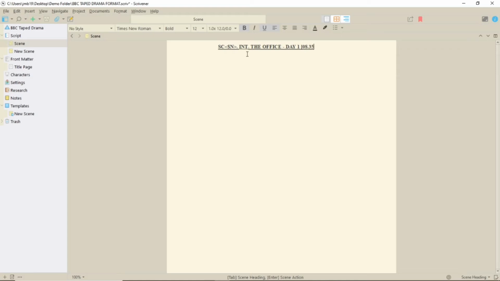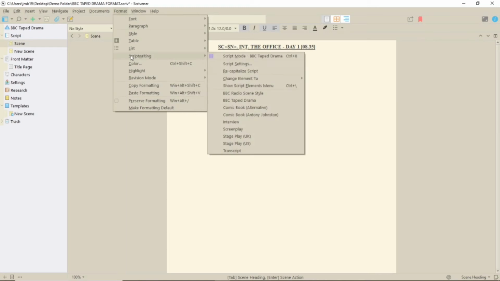Before I go on to how to change to different elements, it seems there are a ton of different ways to do this. You'll have to experiment to see which you prefer. First, I want you to look in the bottom right corner here. See it says Scene Heading? That's what we're on. If you click on the pull-down list arrow, you'll see the elements available, and you can select from here, but you don't have to do it that way.